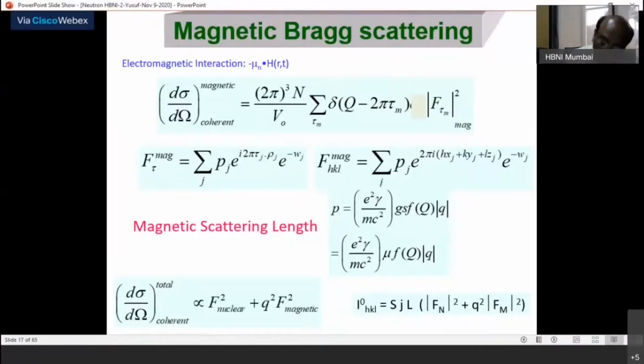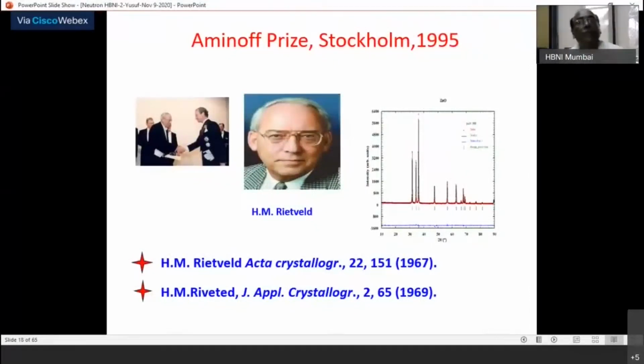But I will only make a statement. Other day, first day, questions were there. If you use polarized neutron diffraction, you can measure very, very small moments, even 0.01 Bohr magneton, sitting in an atom or ion. But with unpolarized neutrons, when you use this kind of formula, it will be hard to measure below half a Bohr magneton, below 0.5 Bohr magneton. I will only make this statement, and with this, I think I should stop.